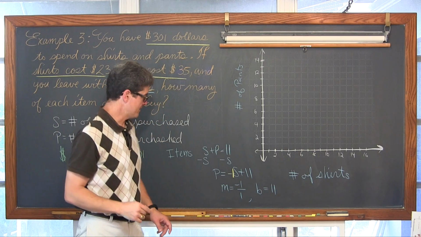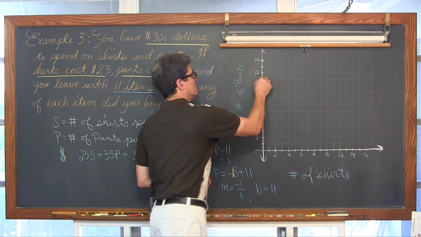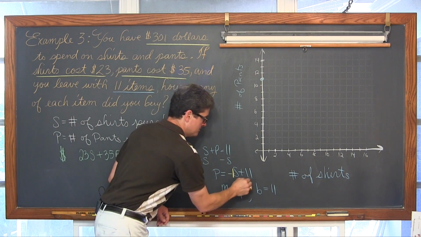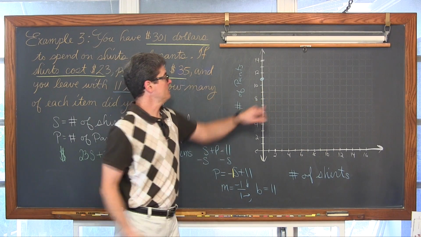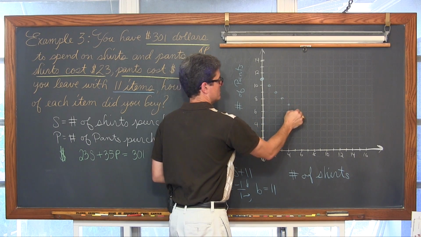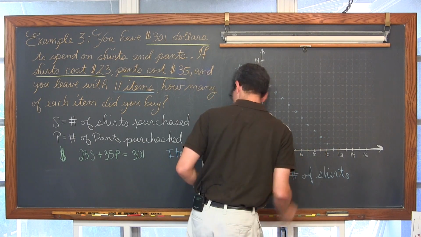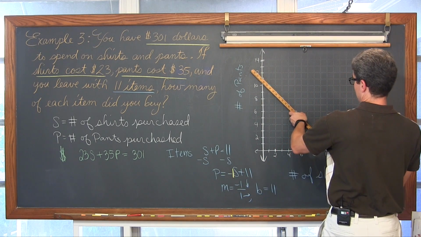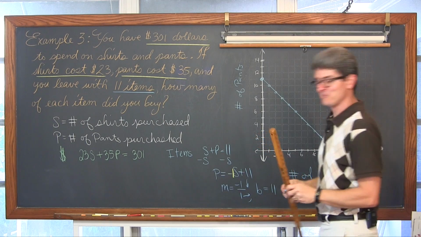Our y-intercept is 11. Okay, plot that y-intercept first. Our slope is down 1 and over 1. So from here we're going to go down 1 over 1, down 1 over 1, down 1 over 1, and just keep that pattern going. I'm going to be looking for an intersection of 2 points, and I've got some numbers that are rather large. So this time I am going to use a ruler. There we go.